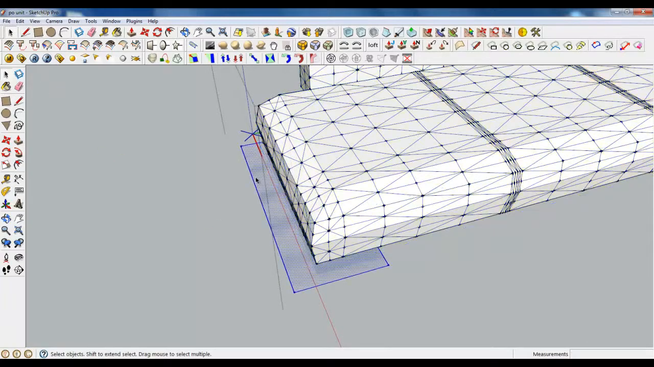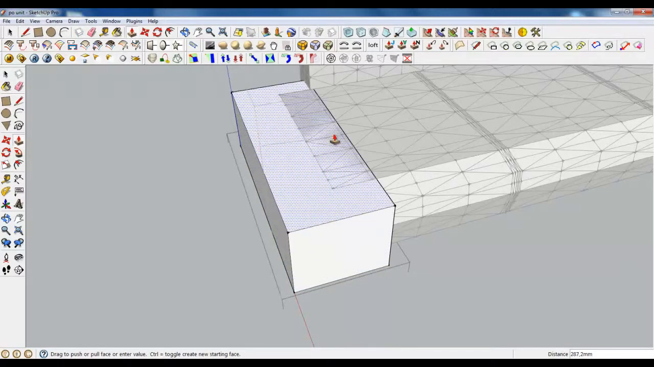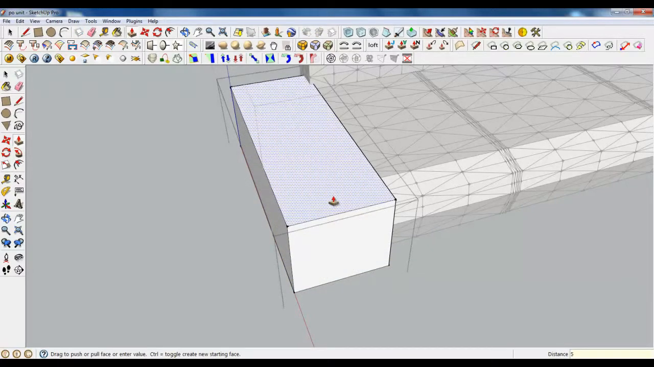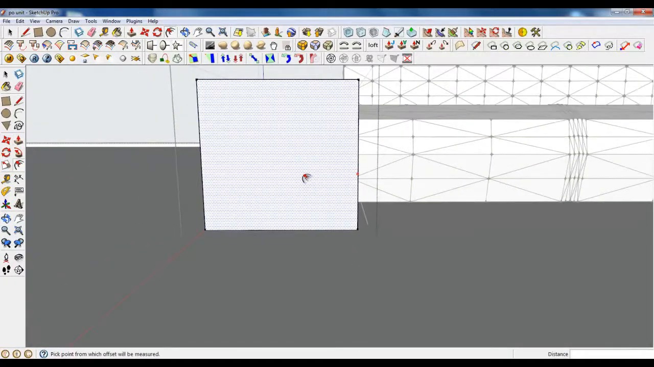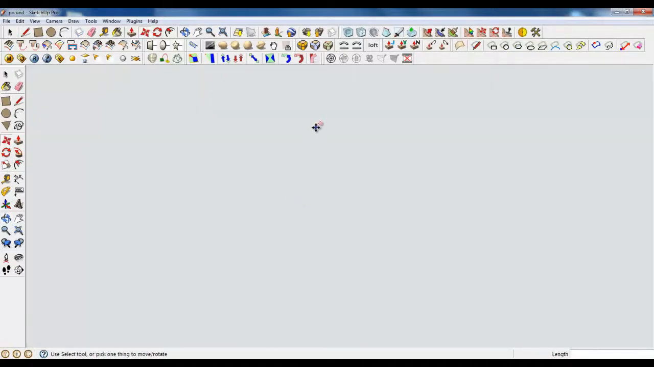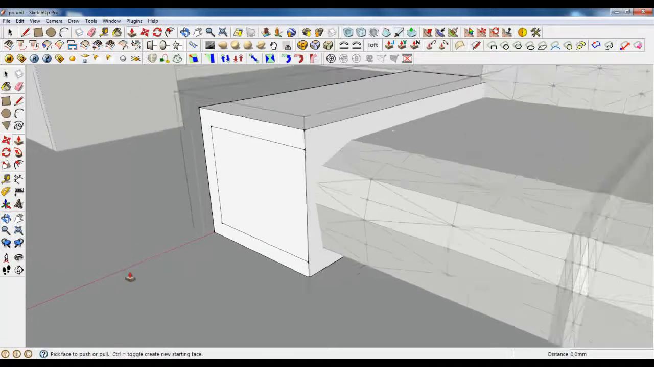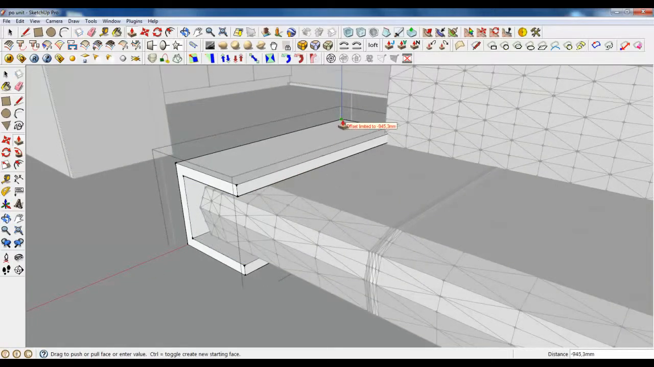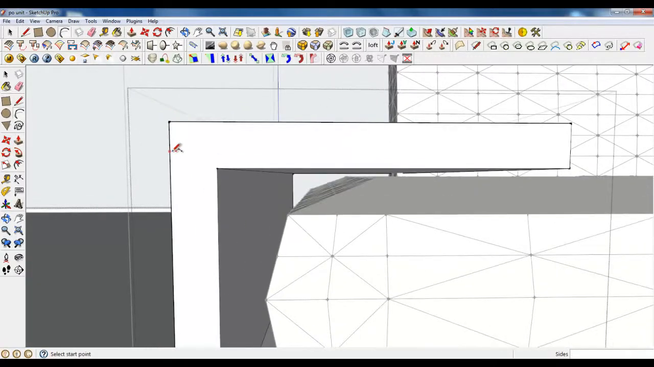Simple rectangle, making it group and extruding 50 more. Use offset and type in 40. Very good. Drag this line down there. Oops, sorry. And using push pull tool, push it. We are going to smooth edges